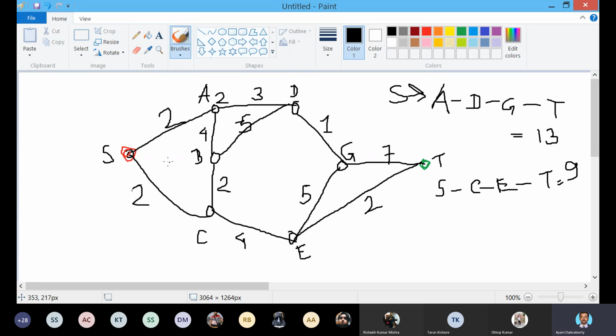What are the other explored nodes? That is S, D, and B. These are the adjacent nodes of A. S, D, and B. So let's see.